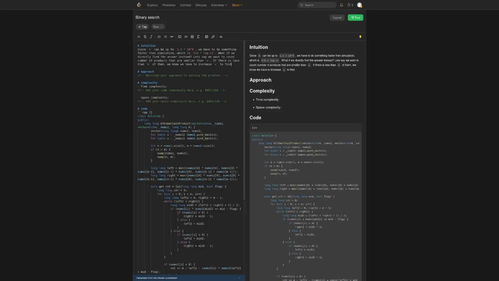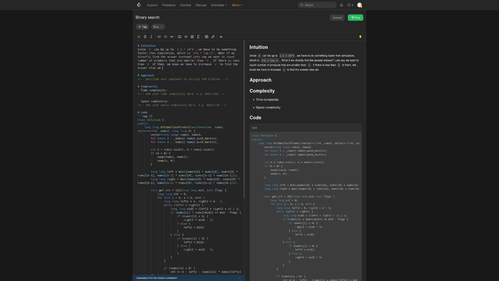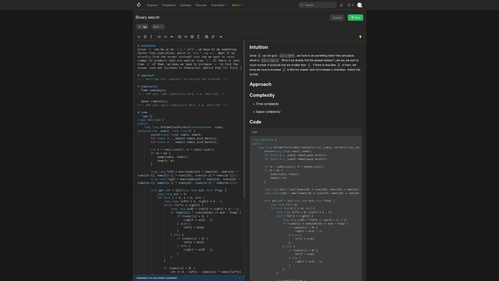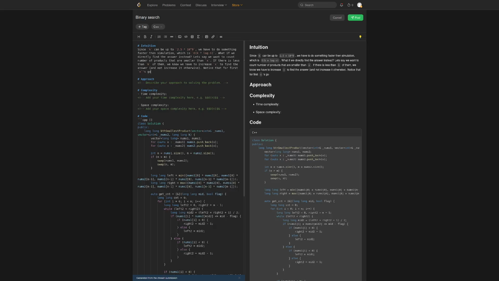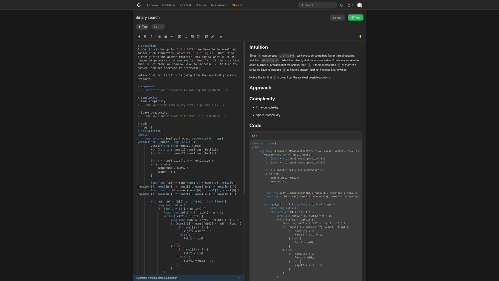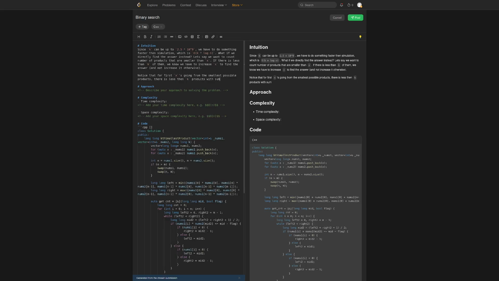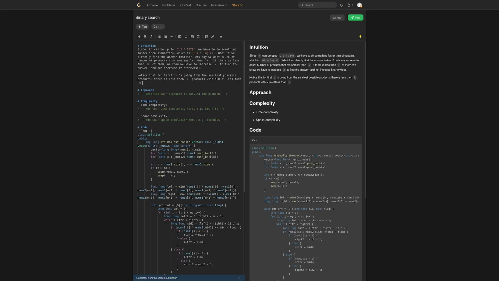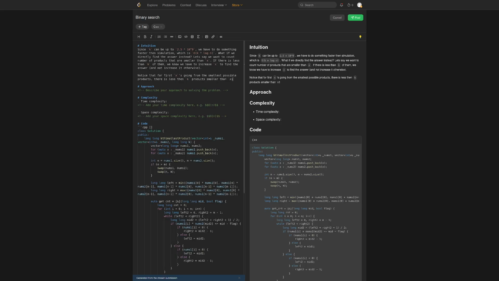Else we don't increase it. Notice that for the first x, going from the smallest possible products, there are less than k products smaller than x,